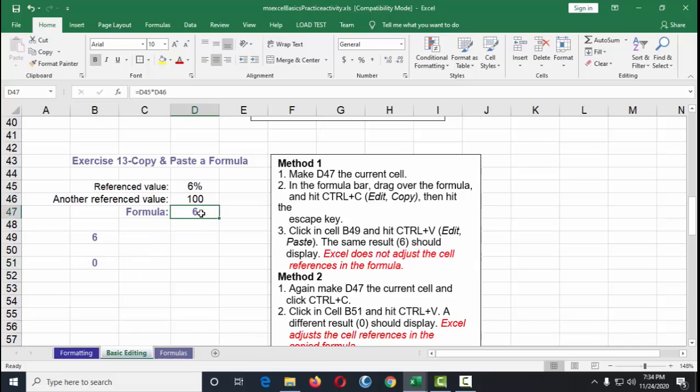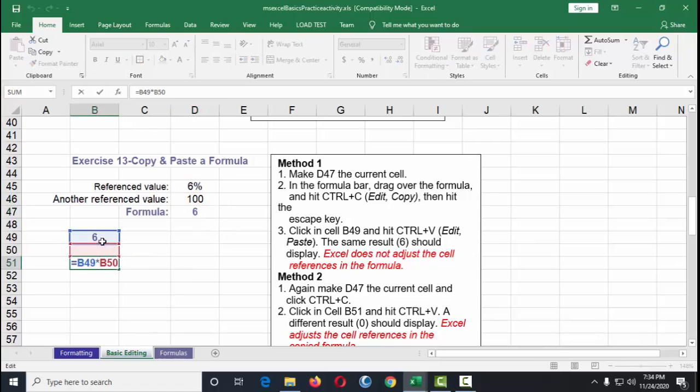For this one, since I copied this and pasted it here, the reference is two cells above it. Okay, two cells above it. This is what we call relative referencing. We already had this example in the previous activity.